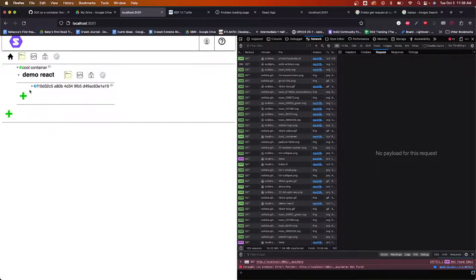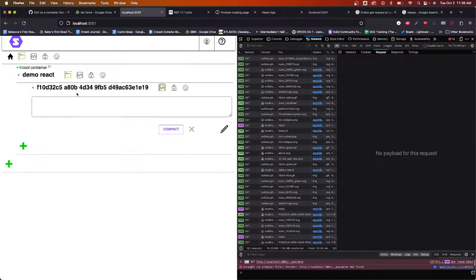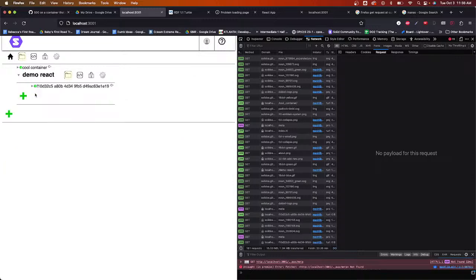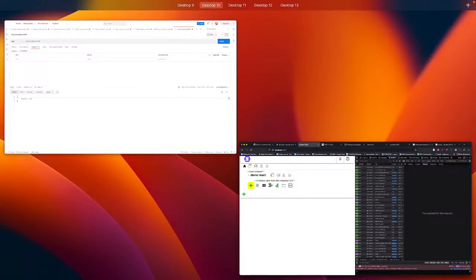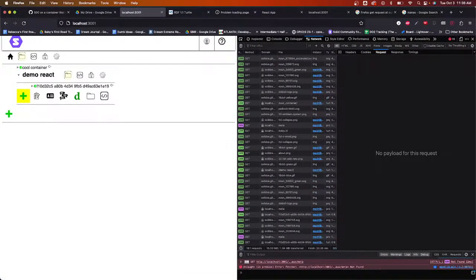Okay, so it did properly create a container in the demo React folder. It just had a problem with fetching things that didn't exist. So let's go ahead and... How did the data browser upload work? Do I just have to drag and drop a file? Was that what it was? In which case,